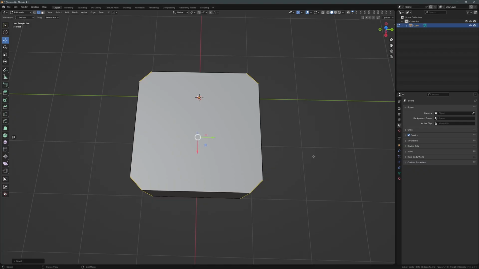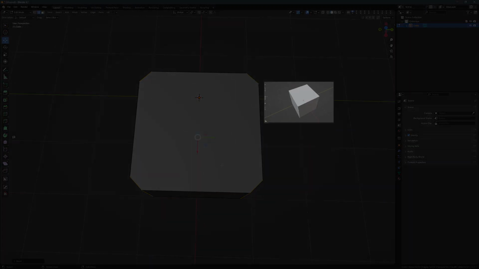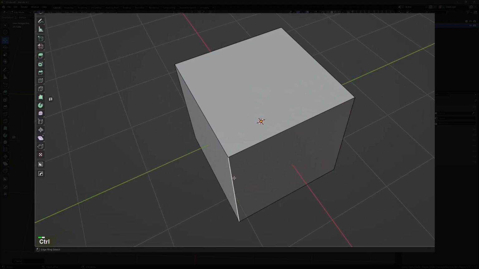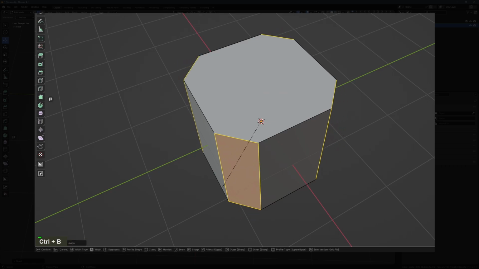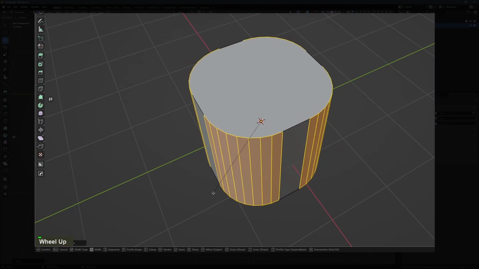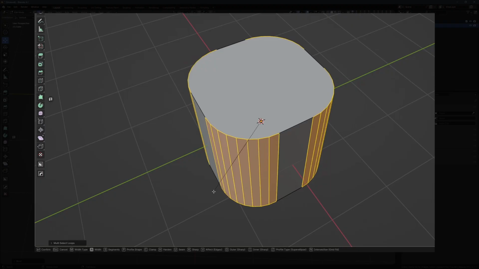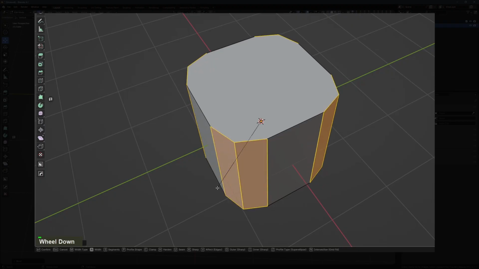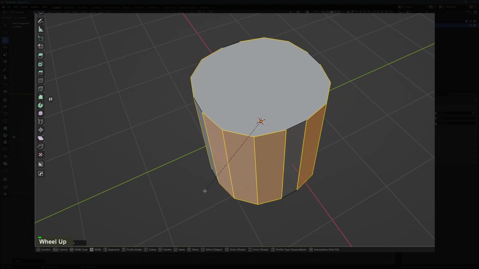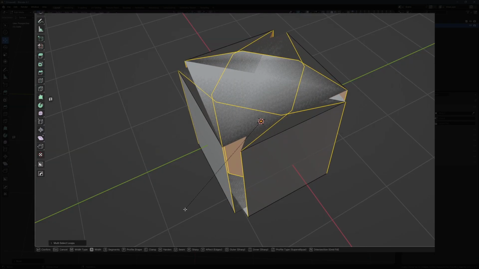Let me show this to you more in detail because it's really cool. Please also note what buttons I press. So again, I select the edge ring and press Ctrl B for bevel. Now I move the mouse until I get the right size. But if I rotate the mouse wheel, I can determine the number of segments my bevel has. By moving the mouse, I still can change the bevel's size. I only have to take care that the bevels do not get too big. If they touch each other, some nasty things happen.